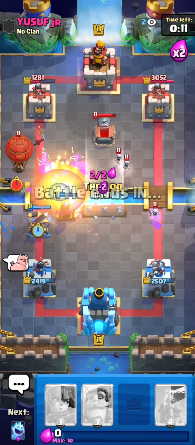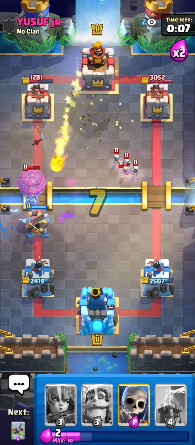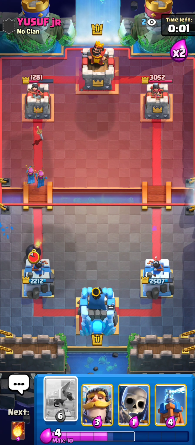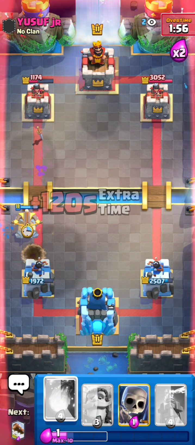Log the Tombstone. Oh, he goes for a Loon instead of Barbs, so that's gonna be another lock, because he can't Barbs in time. Actually, he does Fireball, so well played. I'll archers just to make sure I don't take any Balloon hits on the tower. And I mean, this game is not really ending that fast, but it's shaping up to be my game for sure, because I'm just up, like...